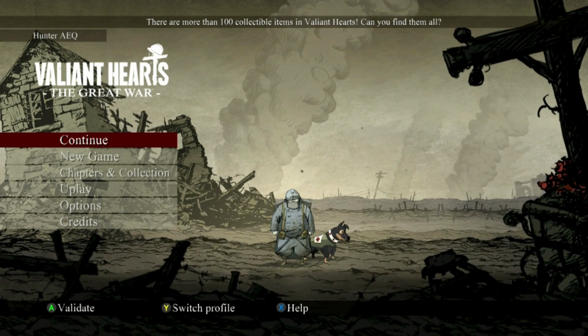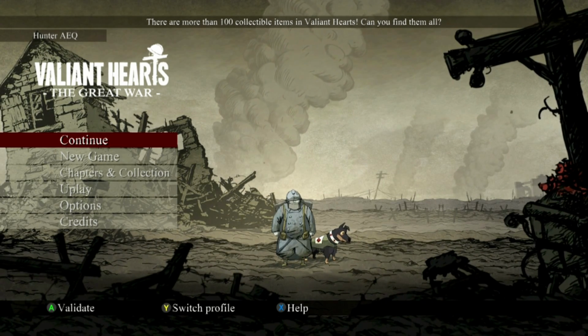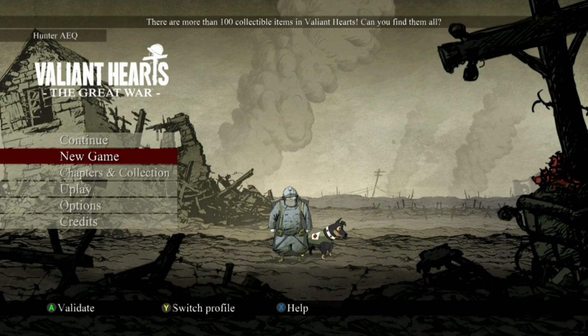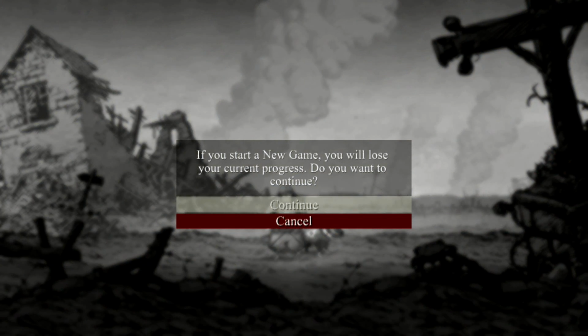And as you can see, we are taking a look at Valiant Hearts: The Great War, which came out in June 2014 by Ubisoft. Going back 100 years. I'm already partially through the game, but right now I'm just going to start a new game so we can have the opening cinematic, which of course is...